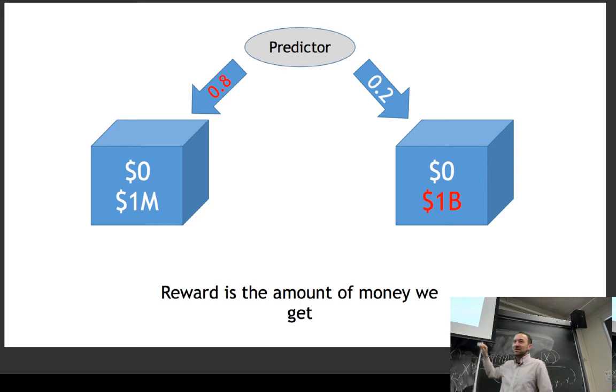So this is actually a difficult economics problem. There's a thing called marginal utility. As you get more money, it becomes less attractive to you. So this isn't completely clear, but let's say you just wanted to maximize the expectation of the amount of money that you would get. Let's say money was linearly associated with happiness, which I think is not the case, but let's say it was. If that was the case, then obviously the answer is pick number 2, because your expected amount of money is $200 million for the second one, and for the first one, it's $800,000.